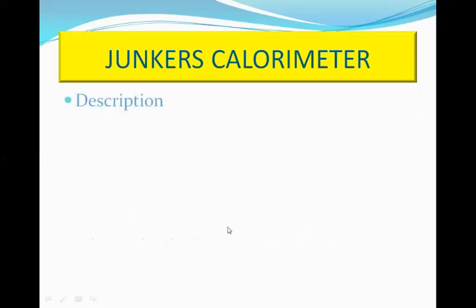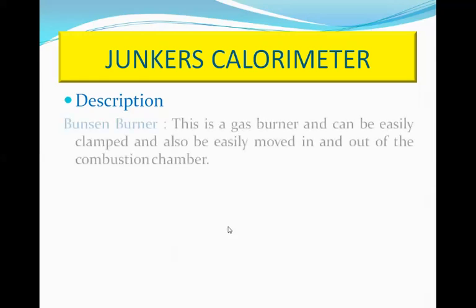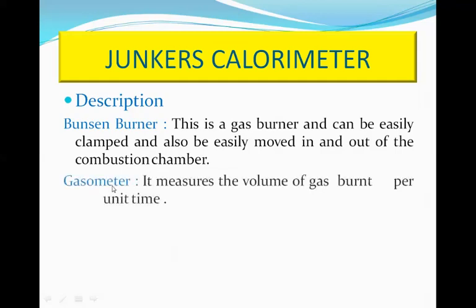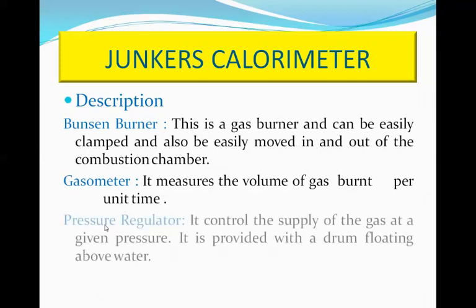If we look at the description of the Junkers calorimeter, it consists of the following parts. First, the Bunsen burner. It is a gas burner and can be easily clamped and also moved in and out of a chamber called the combustion chamber. Then the gas meter, which measures the volume of the gas burned per unit time. Then the pressure regulator. It controls the supply of the gas at a given pressure. It is provided with a drum floating